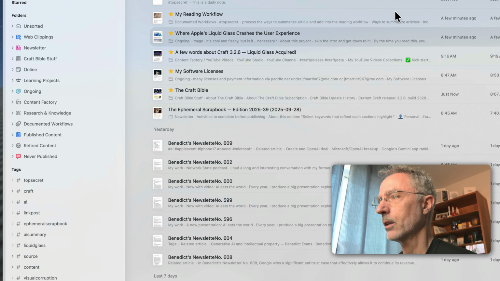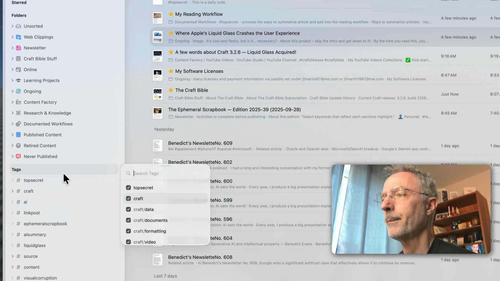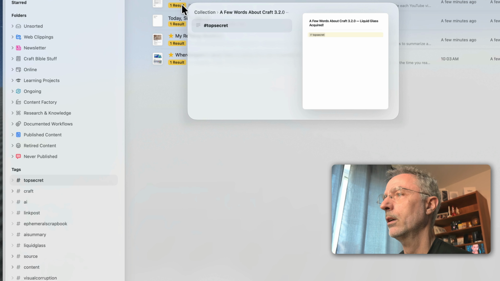What they did fix though is if I pin a tag here, the top secret tag on the left sidebar, I can do that by managing the tags that are being pinned on the left. If I click on that here, you'll see all the occurrences where the tag itself can be found. And if I hover the mouse over the result, the number of occurrence counter, you will see that the top